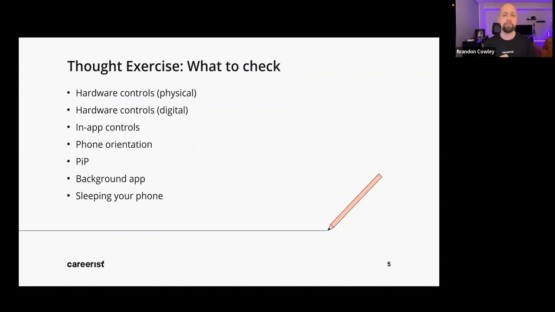So the PIP, picture in picture, meaning when you're playing a video on your phone, if you minimize it and you have this ability, should it open up the picture in picture, the mini player? And then can you still do activity in the background while that player is going? That's a really good check. Not every app has a picture in picture component, but if it does, if it's part of the documentation and the acceptance criteria, you want to be able to check that.